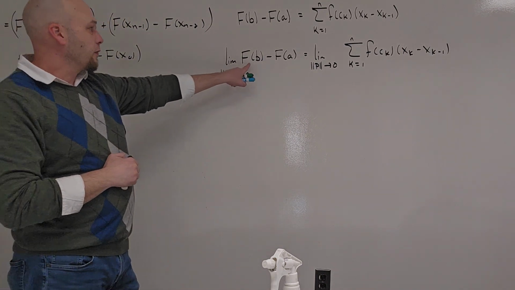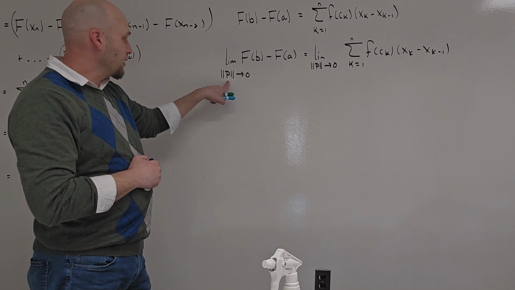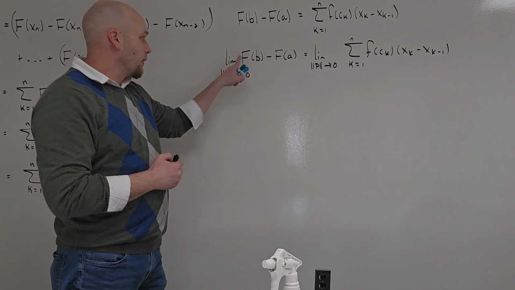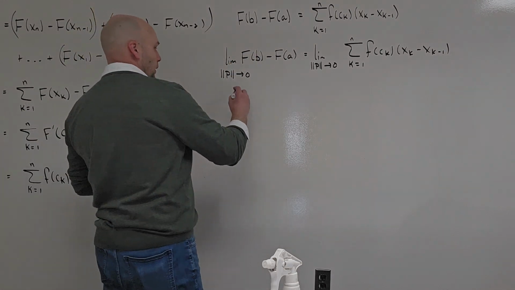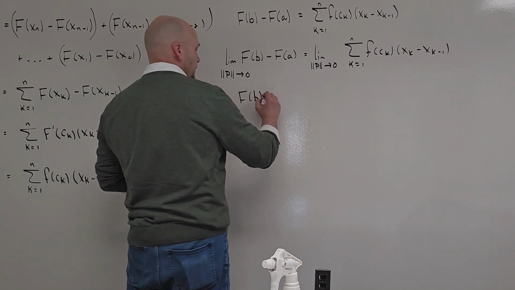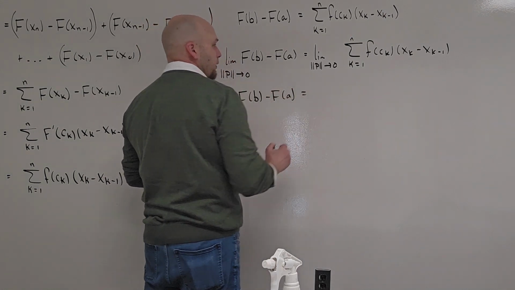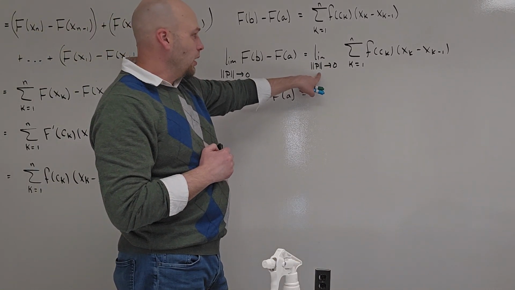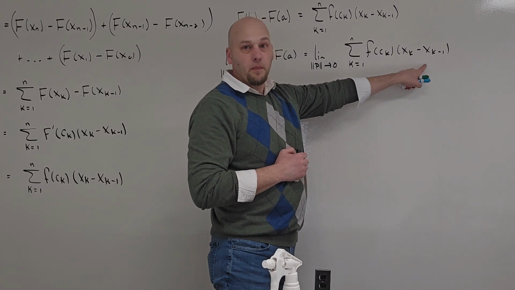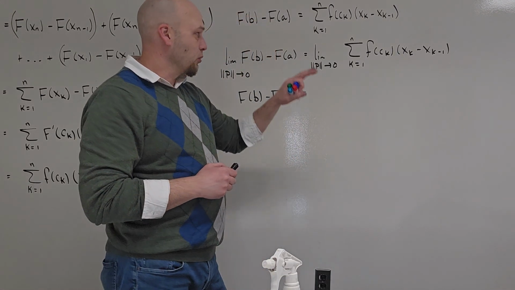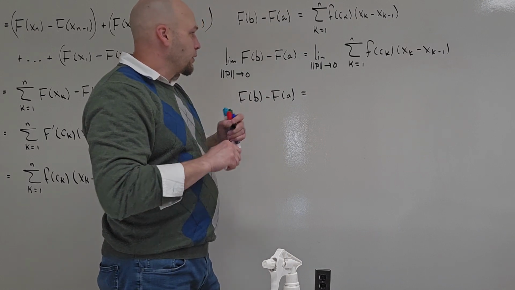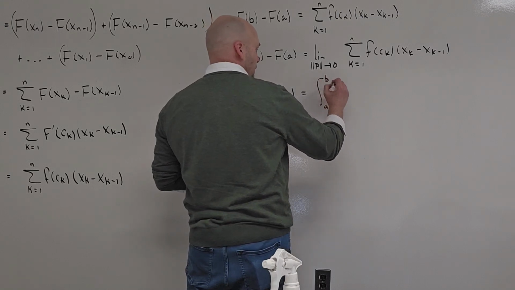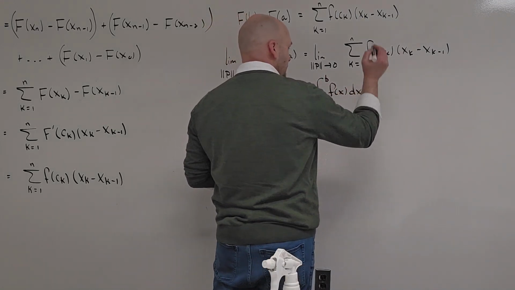On the left-hand side, f of b minus f of a is a constant that has nothing to do with the partition. In particular, the limit of the constant is the constant. Therefore, the left-hand side is f of b minus f of a. What about the right-hand side? I have a limit as the norm goes to 0 of a Riemann sum. That's what a definite integral is. So that's the rigorous notation for a definite integral, meaning the right-hand side is the integral from a to b of f of x dx. Therefore,